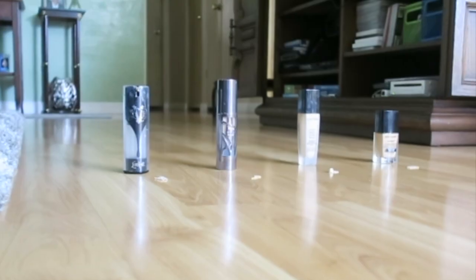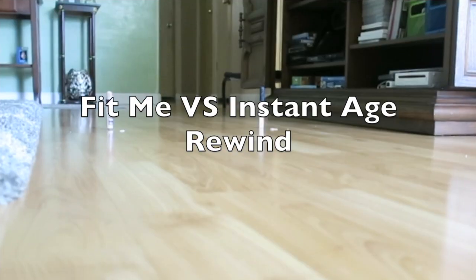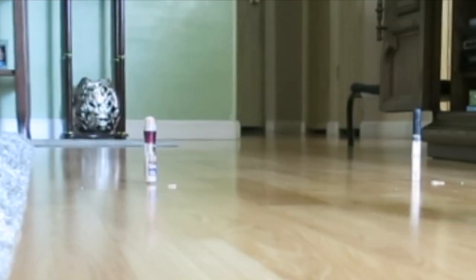So which one did Cookie choose? She chose... Which I'm kind of disappointed because, like I've said, this foundation is expensive. Whatever. So these are the options that she had to choose between, and she ended up choosing...